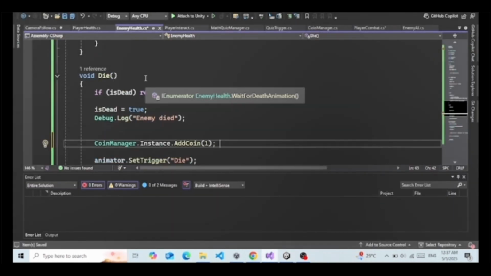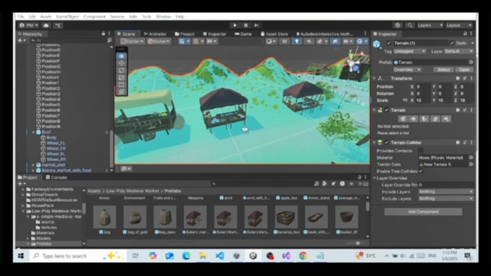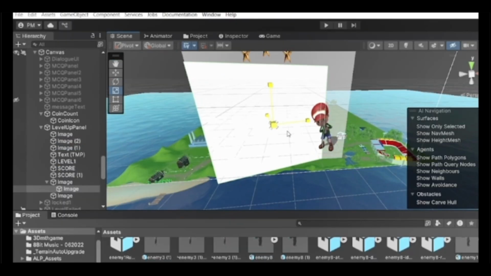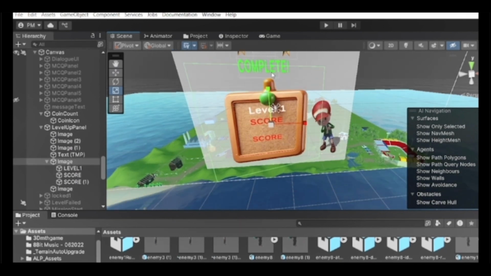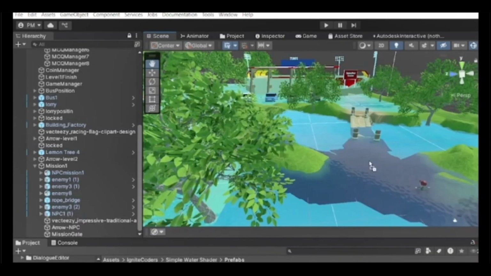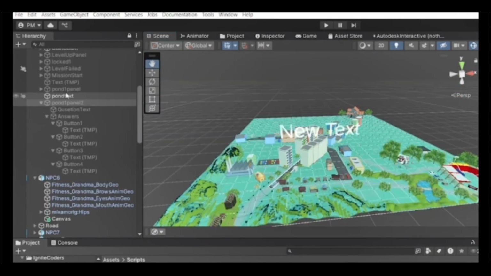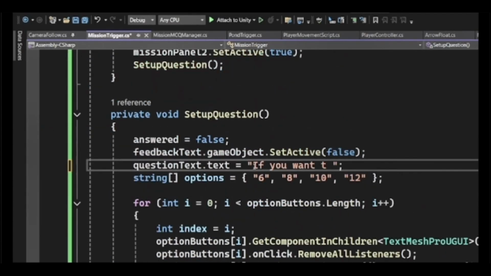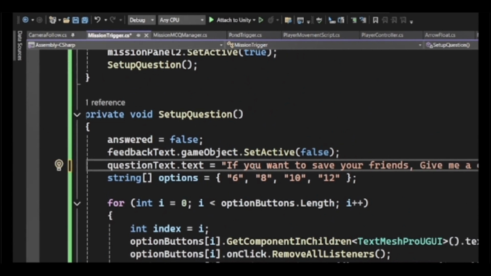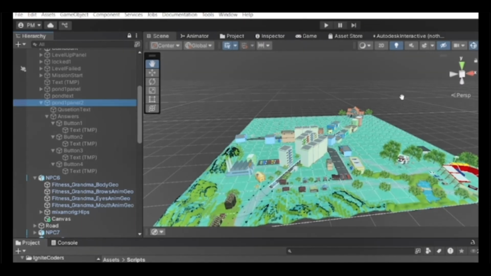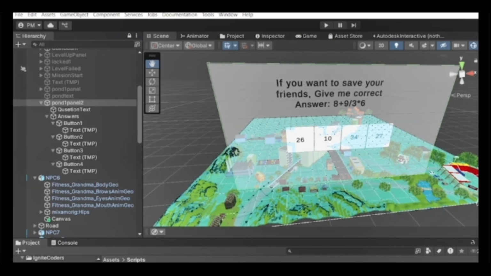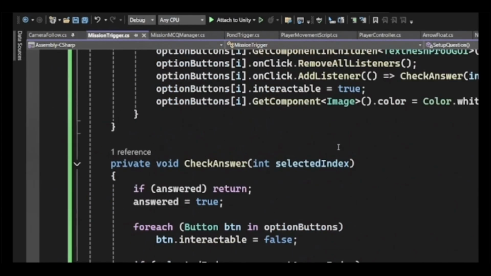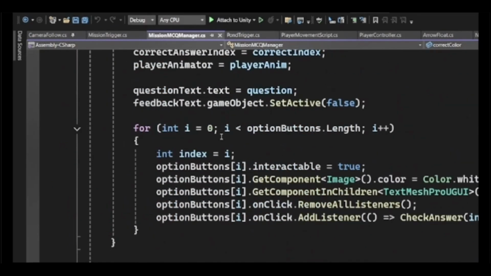This enemy AI script controls an enemy character in a Unity game. When the player comes close, the enemy starts chasing the player. The MCQ Manager script has several important functions to control quiz questions in a Unity game. The set question function is used to display a new question, set the possible answers, highlight the correct one and